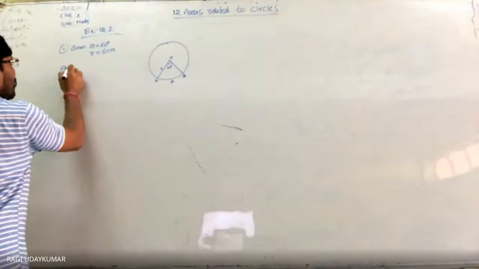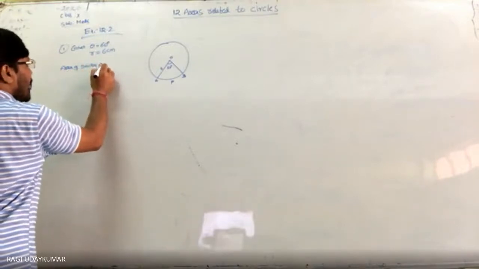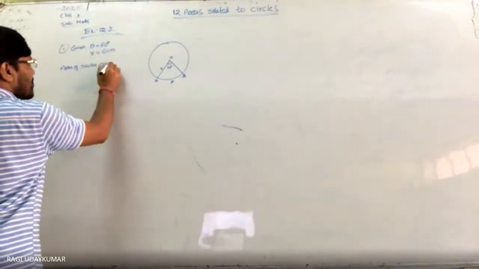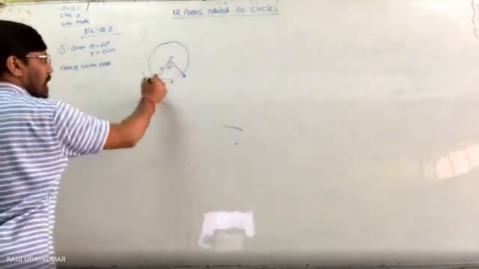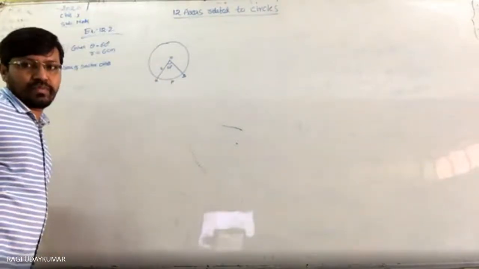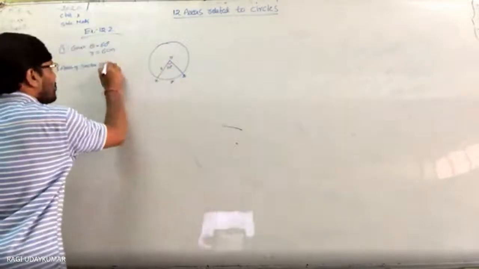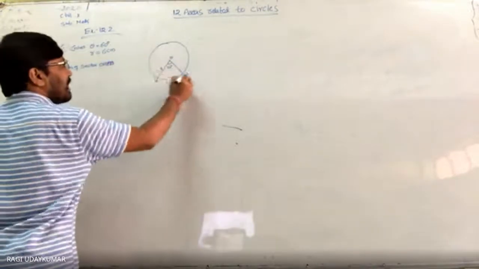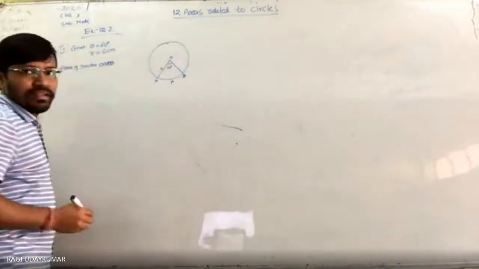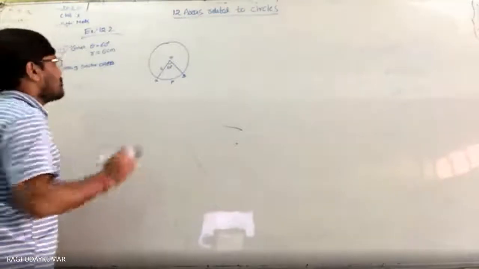Therefore, area of sector OAPB. Do remember, whenever you name a sector, it is just like a triangle. OAB, or OAPB also you can write. If you write OAPB also, it is very clear. Naming the sector should be taken like that.